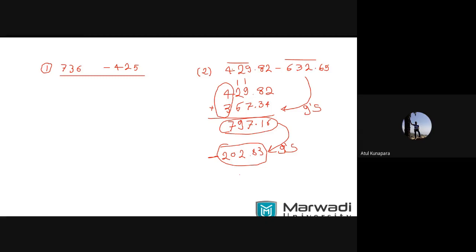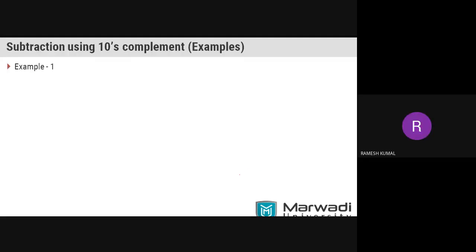Initially, I need to wait for the response, and once I get a response, it's a flow. Excuse me, yes, sir, please. Yes, sir. Why are we doing subtraction or addition by 9's complements? Yeah, very good. I was expecting this kind of query from your side, but it takes too long to get this kind of query. Very good.